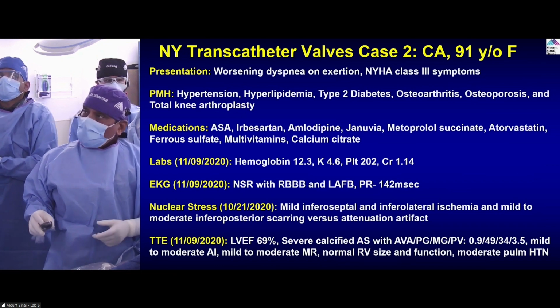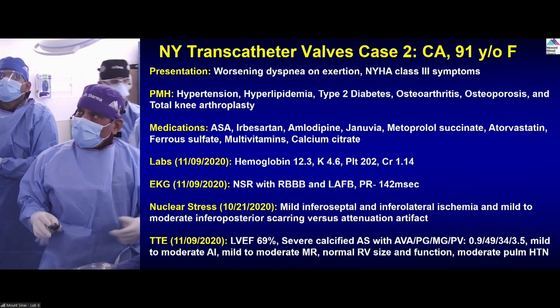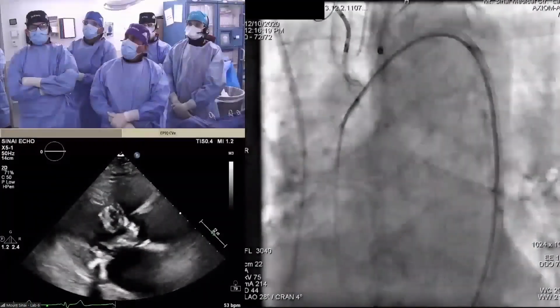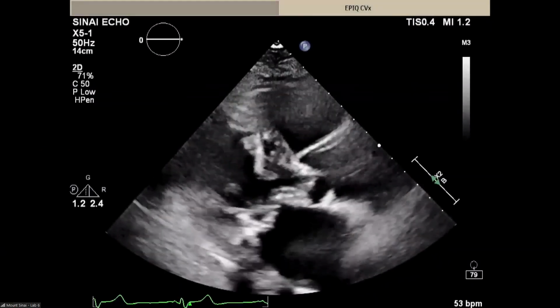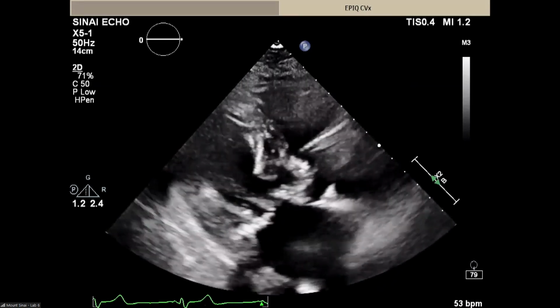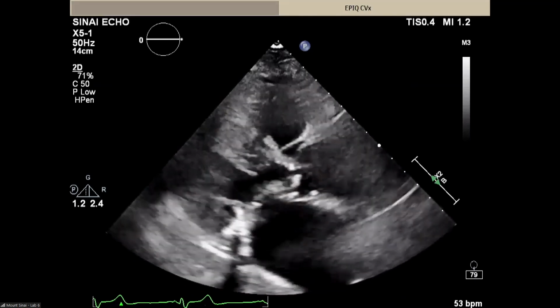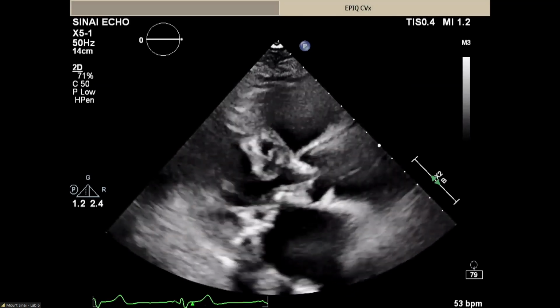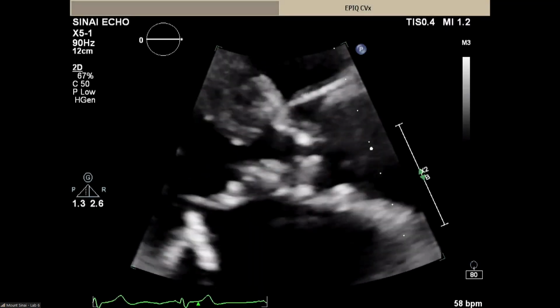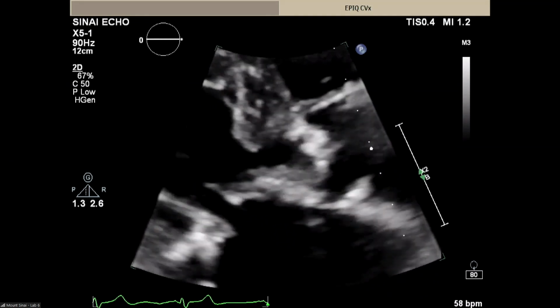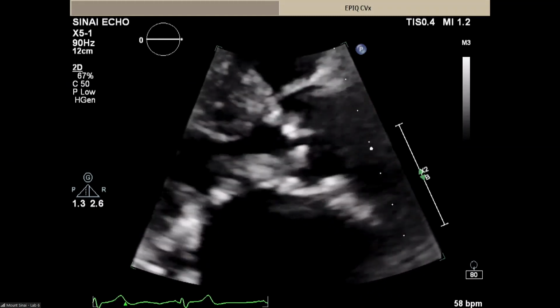Now, the patient also has severe aortic stenosis, and we will ask Stam to just show live echo. Yes, good afternoon again. This is the parasternal long axis view. You can see the patient has normal LV function. You can see the thickened, calcified, and decreased mobility of the aortic valve leaflets, and also the calcium in the LVOT, the significant calcium in the LVOT. This is a zoomed image of, again, the long axis parasternal view to appreciate the calcium in the aortomitral curtain. That is very important to know ahead of this case.